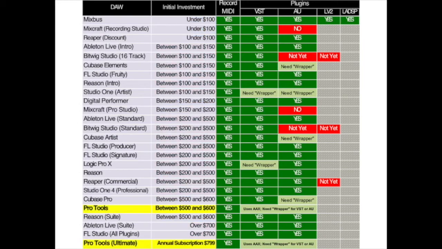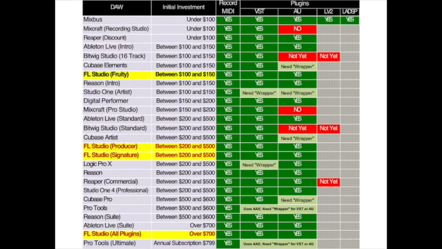Avid offers 2 versions of Pro Tools in addition to their free version. You'll notice that Pro Tools Ultimate is the only DAW in the list with an annual subscription fee. There was no one-time purchase option to buy Ultimate. Presonus offers 2 versions of Studio One in addition to their free version, and there are 3 versions of Ableton